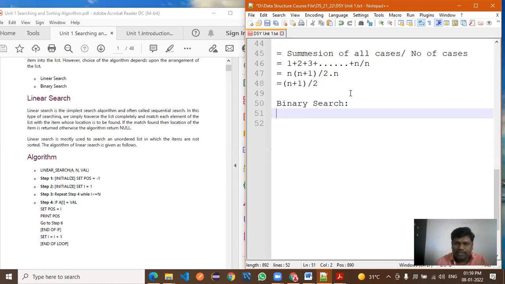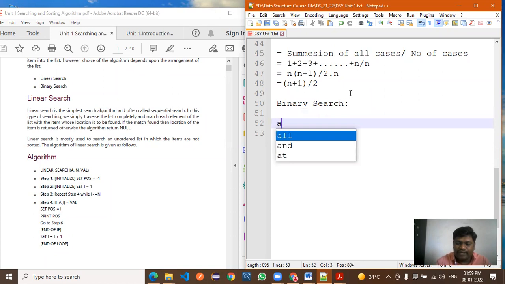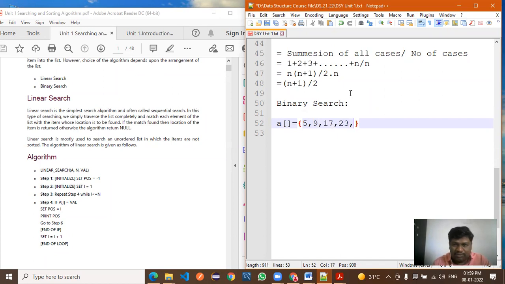Now you can consider here the list of elements: 5, 9, 17, and so on.